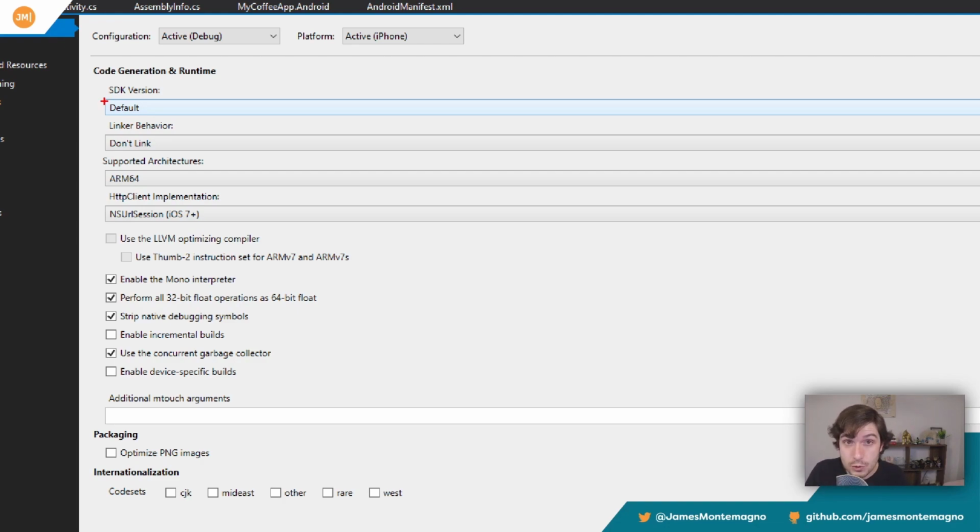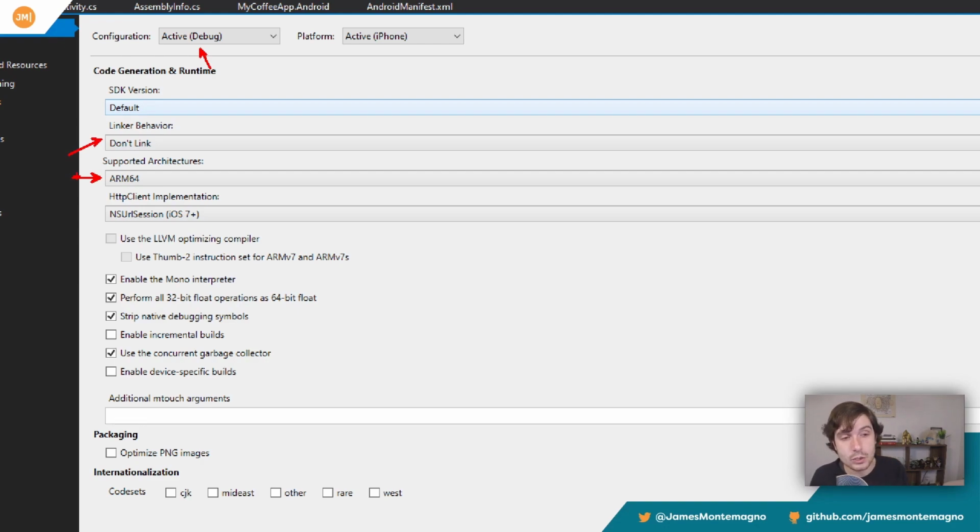If you're on Visual Studio for Mac, you can select a specific SDK version if you have multiple installed, but you're basically on iOS always compiling against the version of Xcode that's installed on your machine. Linker behavior, I said very similar before that this is exactly the same as Android. So for debug, like we have up here, don't link. That'll be super quick. For supported architectures over here, ARM64 is just fine.